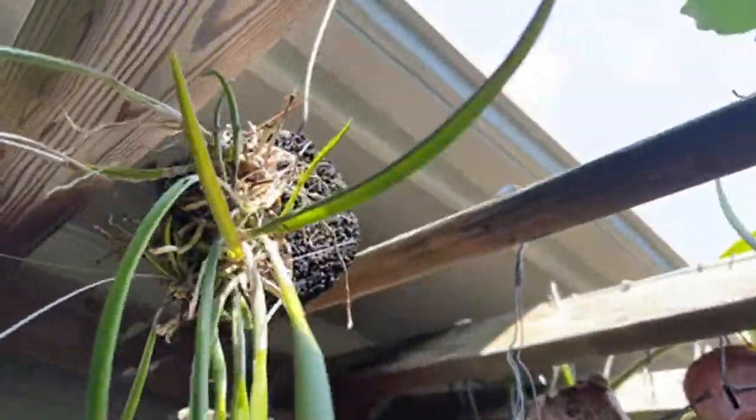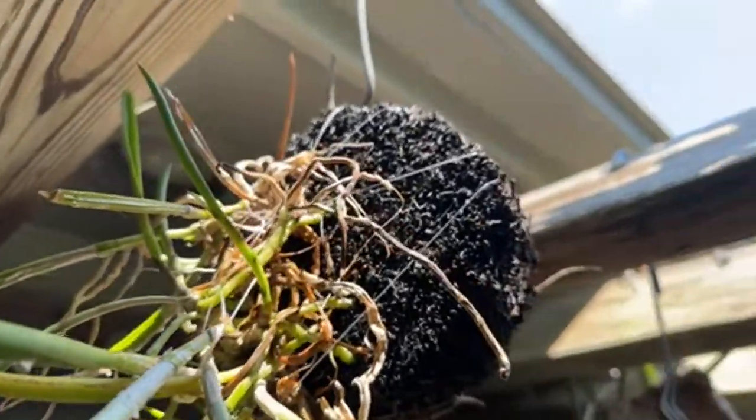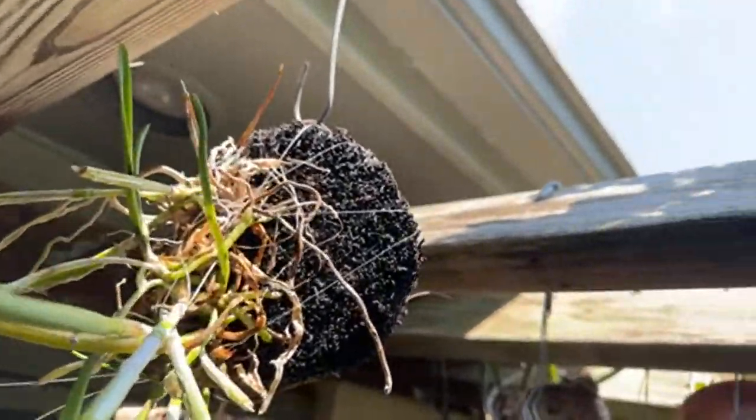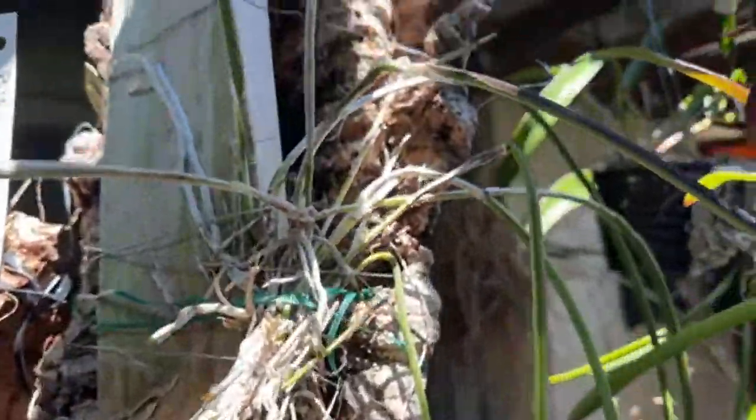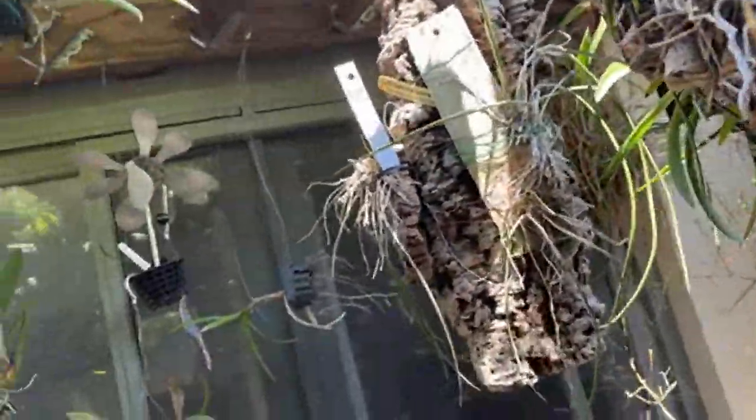Here is another. This is my Amethyst, Elsie Amethyst. And here's my flagellaris that I just put on top of another mount. I am hoping anxiously for the roots to attach itself to the back mount. And as an example, here's an example. Here is my cucullata,